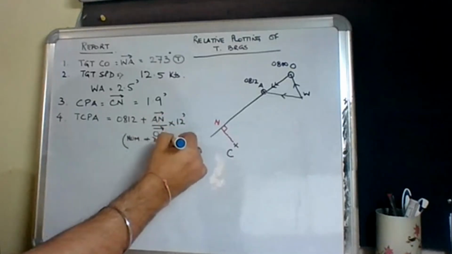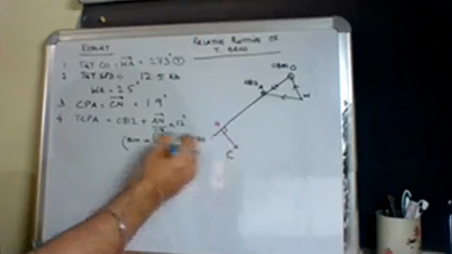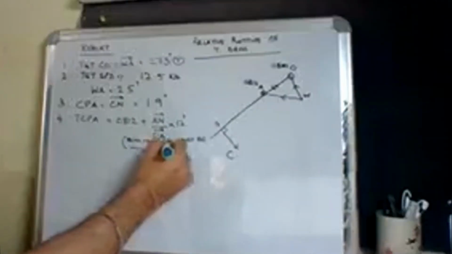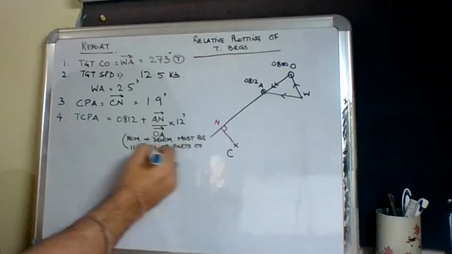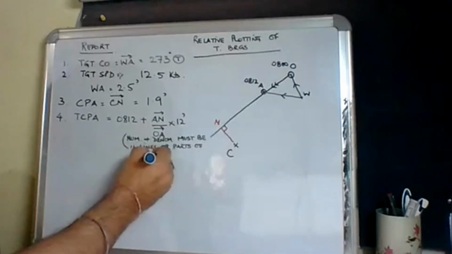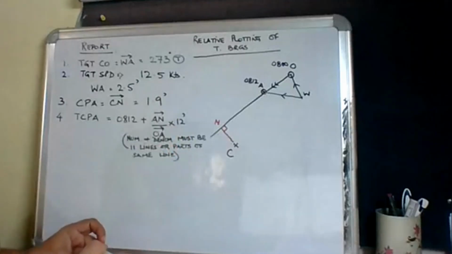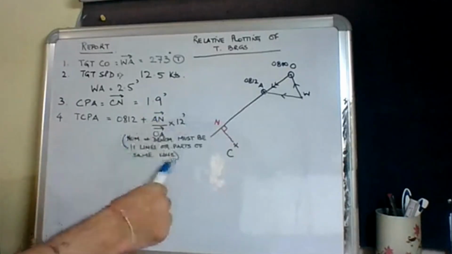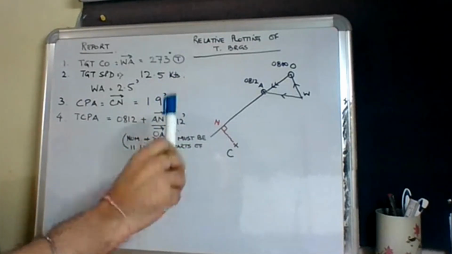Numerator and denominator must be parallel lines or parts of same line. न्यूमरेटर एंड डिनोमिनेटर या तो पैरेलल लाइन होनी चाहिए या एक ही लाइन का पार्ट होना चाहिए, और पार्ट्स ऑफ द सेम लाइन।